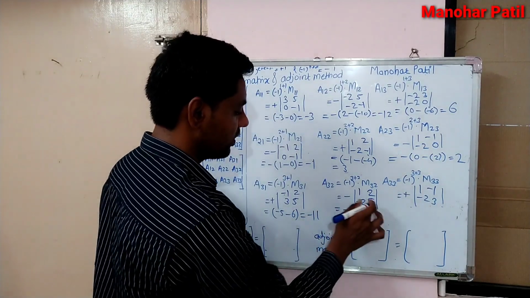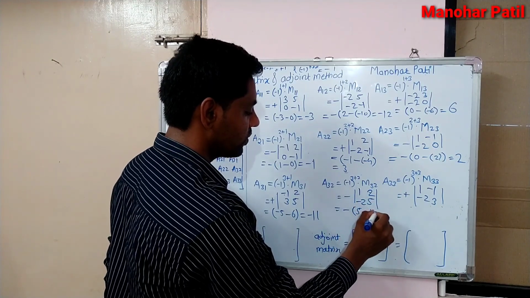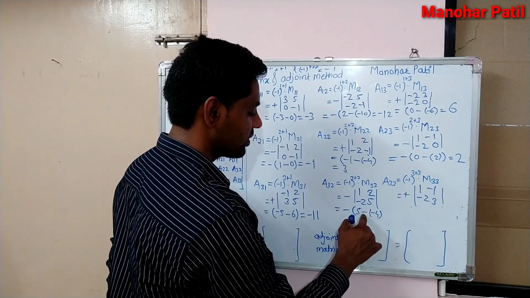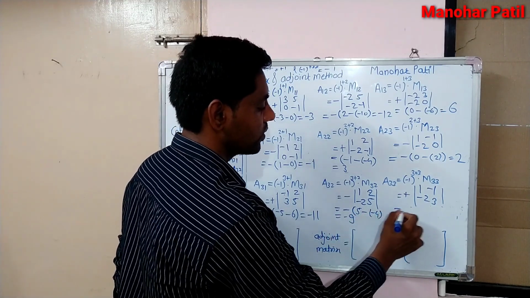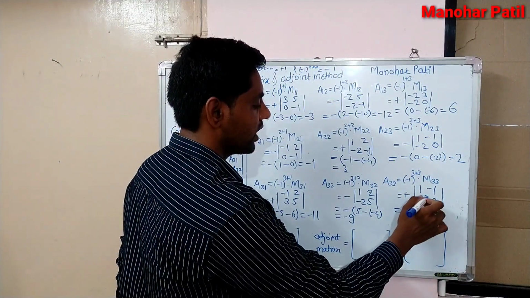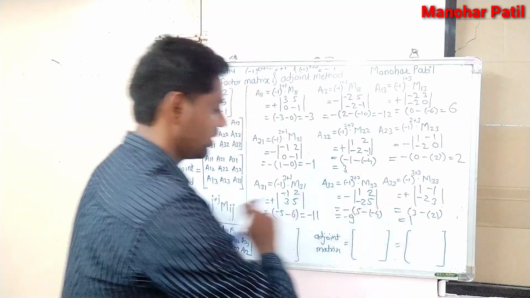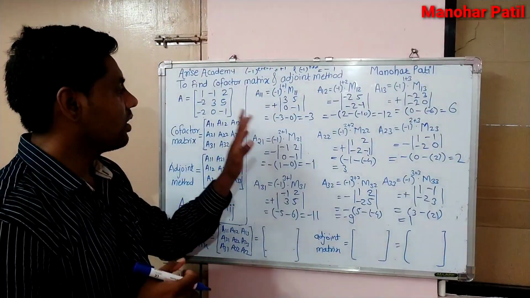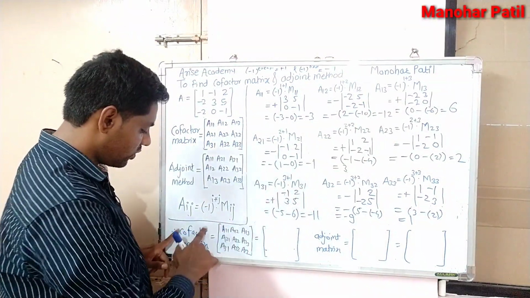So minus sign, 5 into 1 5 minus 2 into minus 2 minus 4, 5 minus minus plus 4 becomes 9 and multiply by this minus sign, so minus 9. So next 1 into 3 minus 2 into minus 1 plus 2, then 3 minus 2 again 1. In such a way, we have to find out all the values of the cofactor elements. So write down the cofactor matrix.